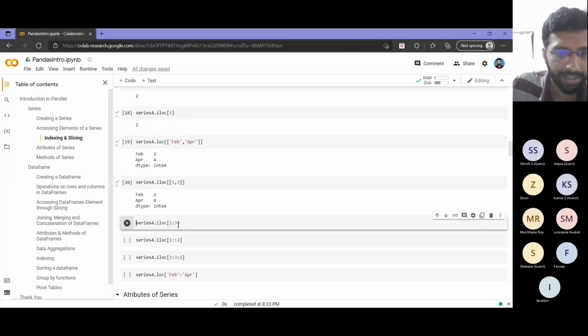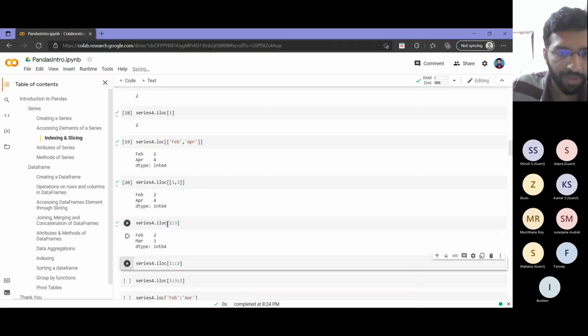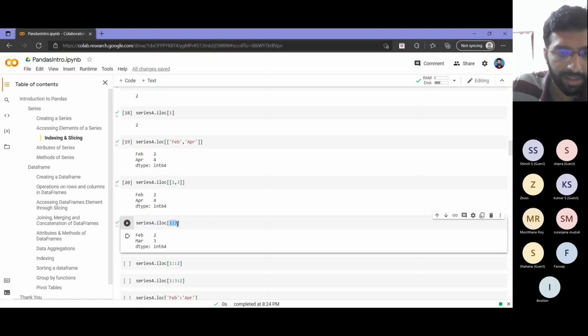Now coming to slicing. Suppose you want to fetch a chunk of data out of your series. So you say that you want the data, based on integer access, from 1 to 3. One difference you can notice here is that I passed from 1 to 3. Whatever I am passing here is similar to our Python list indexing.